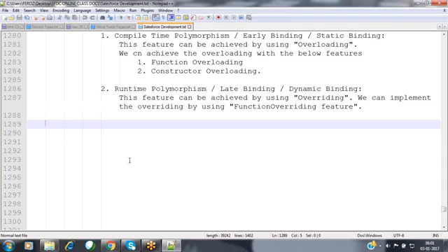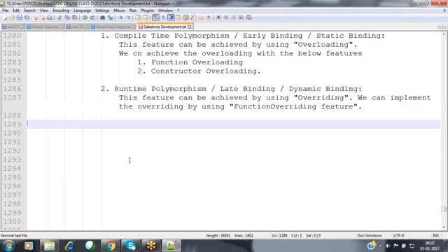What are the drawbacks in structured-oriented programming or procedural-oriented programming we have discussed? And along with that, we discussed the various fundamental pillars of object-oriented programming. Now today we'll see how to implement object-oriented programming, how to use these pillars of object-oriented programming, and how to construct applications by using these principles.